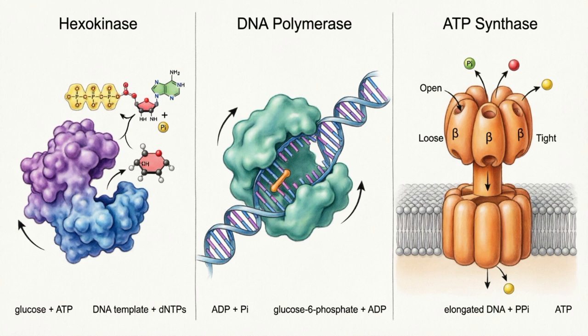ADP shown as a red sphere and inorganic phosphate shown as a green circle with Pi enter the loose state. As the enzyme rotates through conformational changes, ATP shown as a yellow sphere is synthesized and released from the tight state. This rotational catalysis demonstrates induced fit through mechanical movement. These 3 examples showcase the versatility and universal importance of the induced fit mechanism across different enzyme classes and biological